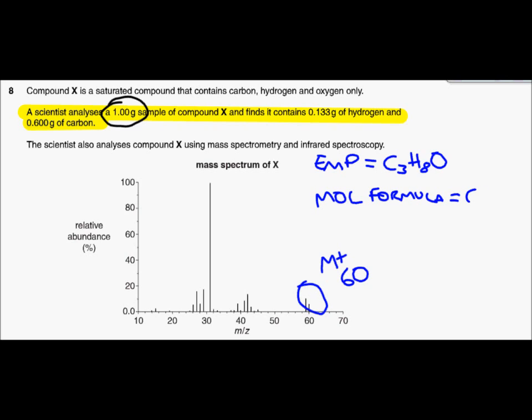is equal to 60. So what you need to do now is make it clear to the examiner that you're checking that your empirical formula matches with your molecular formula. So here we've got 3 times 12 plus 8 plus 16, which does in fact equal 60. So the molecule has the molecular formula of